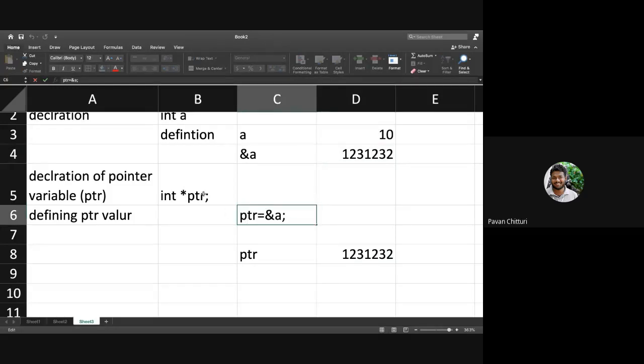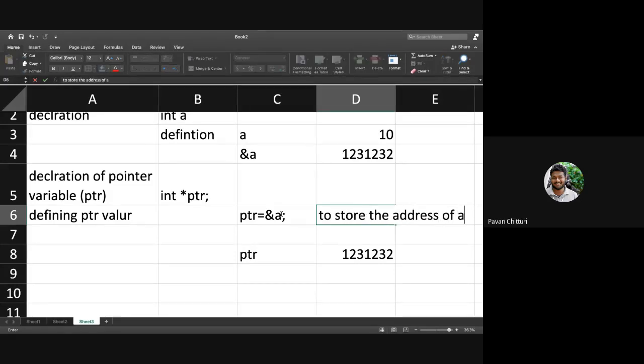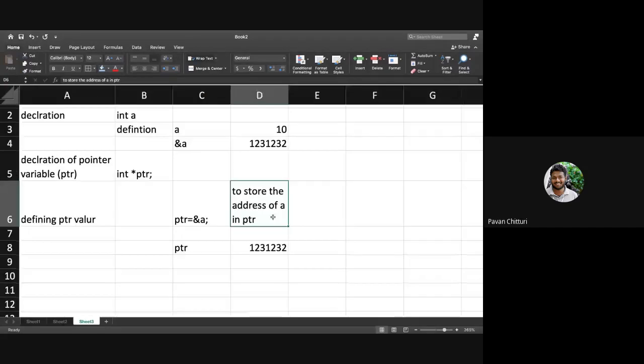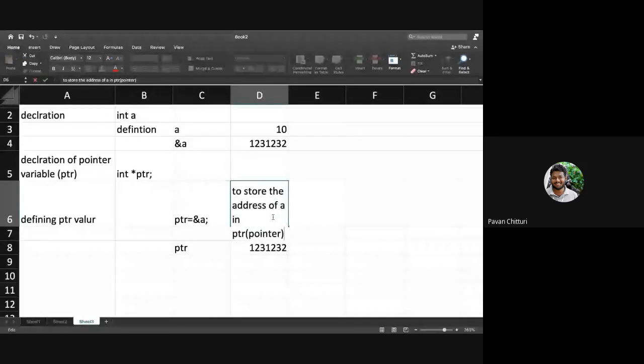This is the pointer you declared, and you want to define this pointer with the help of ampersand a, which is nothing but address of a. So the meaning of this is to store the address of a in ptr, because ptr is a pointer. So this is what it means.